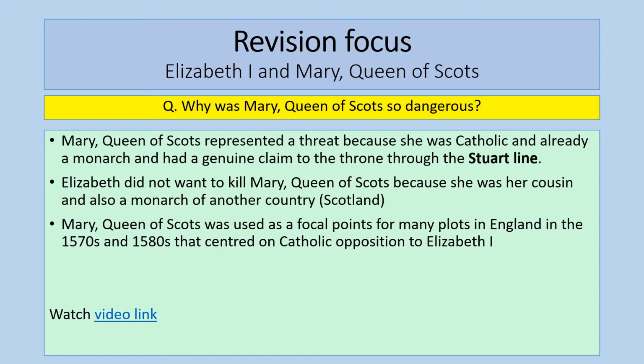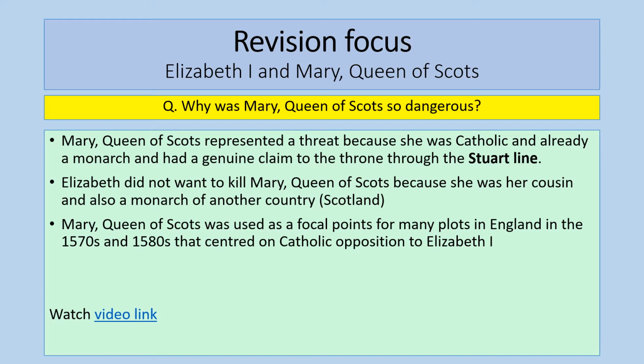And historians like Simon Schama talk about how she was public enemy number one. And that was certainly a view shared by Lord Burghley, who went to great lengths to ensure that Elizabeth I and Mary Queen of Scots never actually met. Mary Queen of Scots somehow felt that Elizabeth could perhaps save her, referred to her often as her sister queen. But actually the two never actually met, and that was partly because people like Lord Burghley felt that Mary Queen of Scots was dangerous and represented a real threat to the stability and the order of Elizabeth's rule.